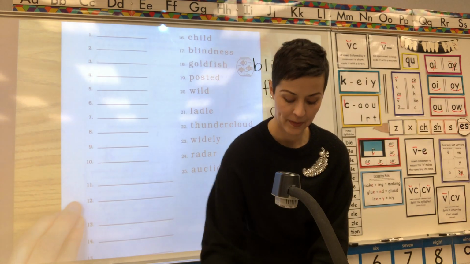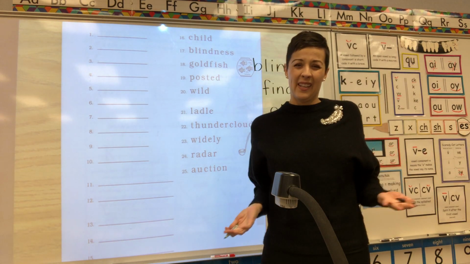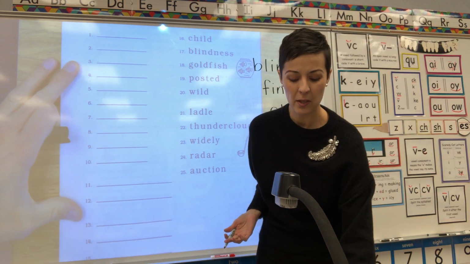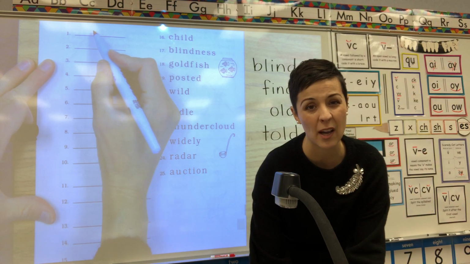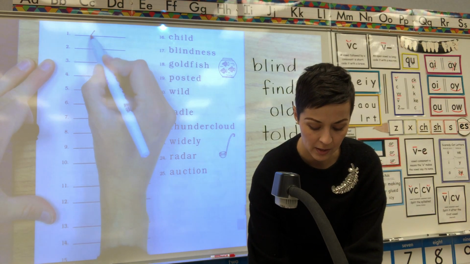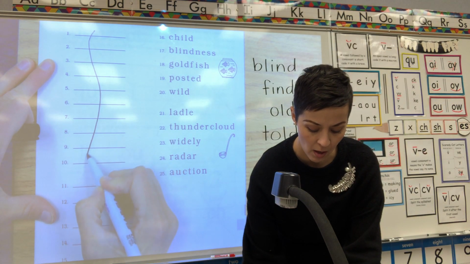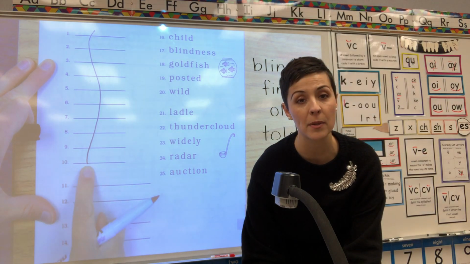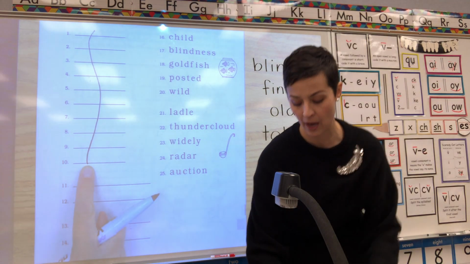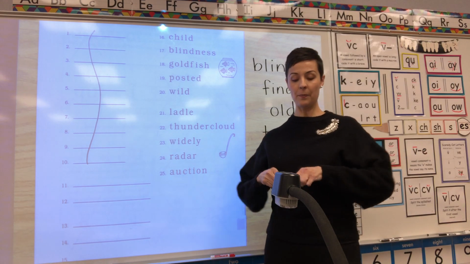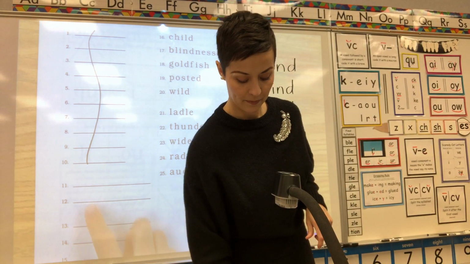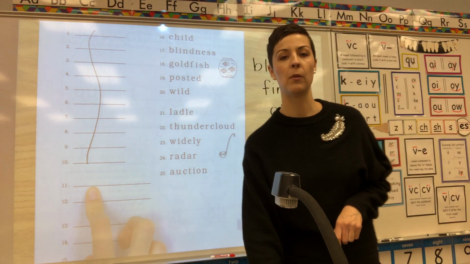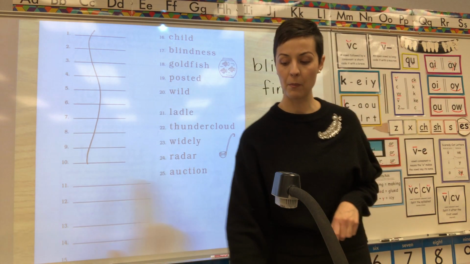And then, here's kind of the fun part. Since we did a bingo page, we don't need to do the spelling sounds. That was our spelling sound practice. So I like to just make a nice little squiggle line all the way down to number 10, and it stops at number 10. As soon as you have that done, you can park your pencil. And actually, no, let's keep going. We'll do number 11 as a review word. Number 11,